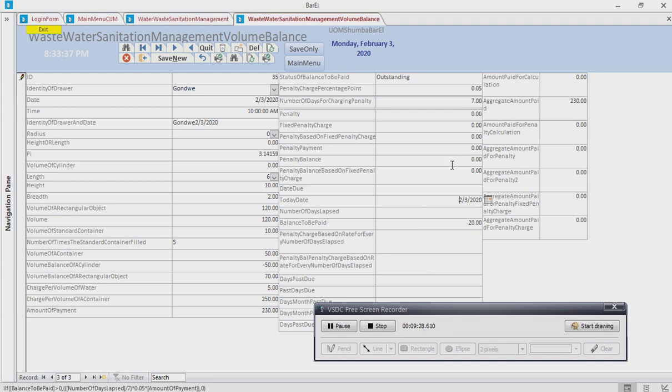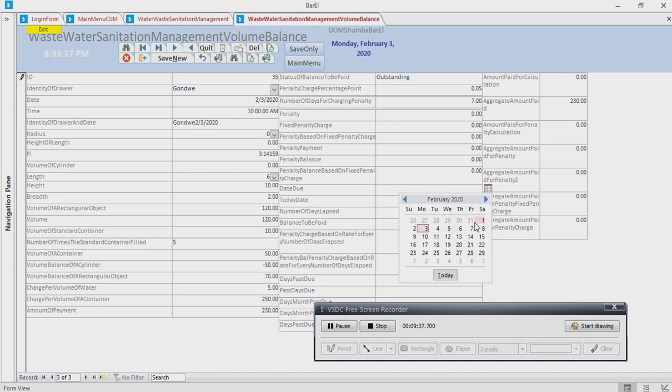Let us say maybe the due date for this one was 20 January. Let us just assume it was 20 January. You can see that the number of days which have elapsed is 14 days, and the balance